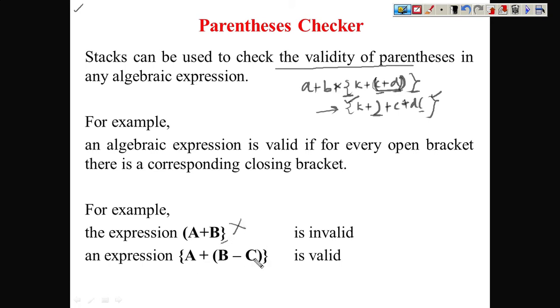But if you look at this, we have different types of braces and they are properly placed in order, so this is valid. Manually you can do it easily, but if you want to check this with the help of a computer program, then a stack will be used to verify whether the statement is correct or not. So we'll see how things will work.